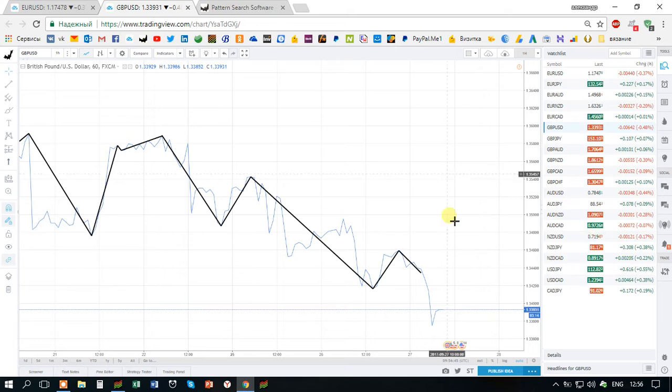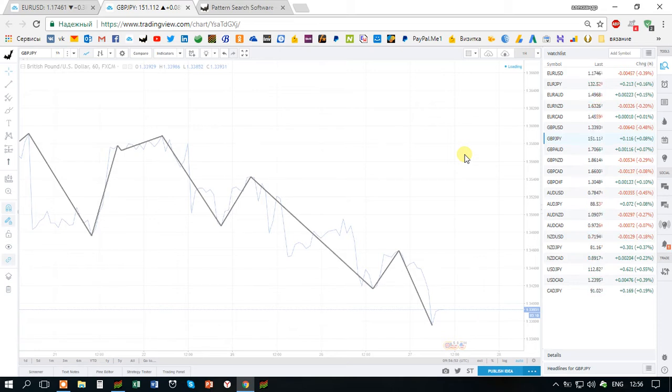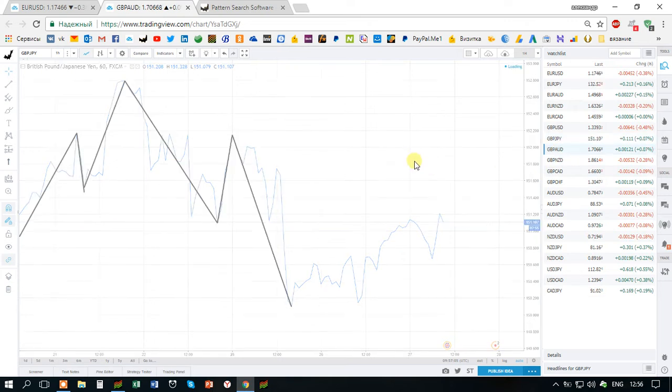Pound Dollar. Pound Dollar, a new low here. No patterns yet for me, at least those that I didn't place yet. Okay, nothing here as well until we violate either this high, the most recent lower high, and the most recent lower low. Pound Aussie,